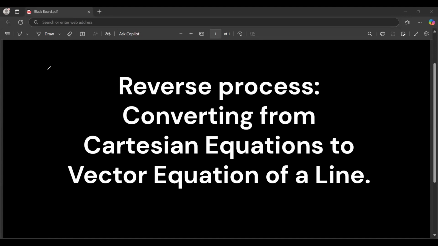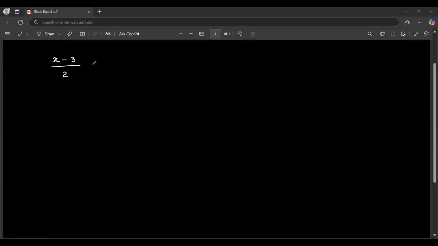Okay, what if we had the Cartesian equation and we have to turn it back to vector form? Yeah. So let's say there is an equation like this: (x minus 3) over 2 is equal to (y plus 7) over 9 is equal to (5 minus z) over 6. It's like this. Okay. So first of all, what you have to do is convert this into